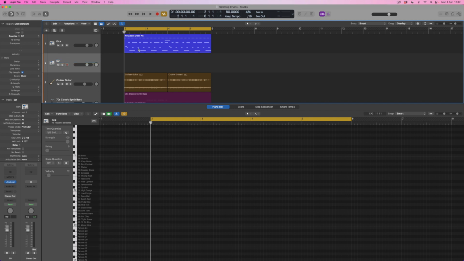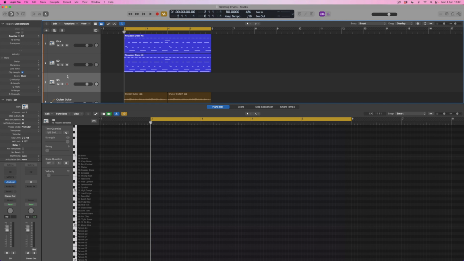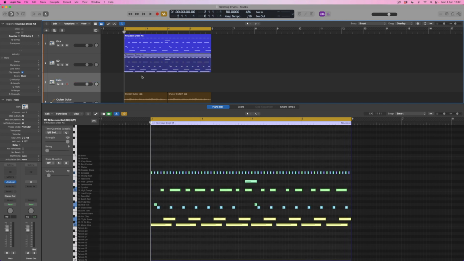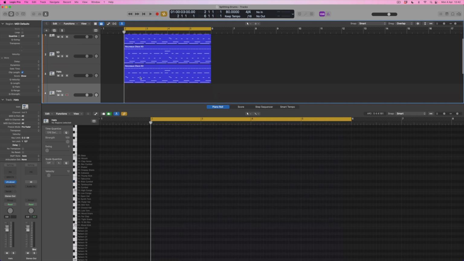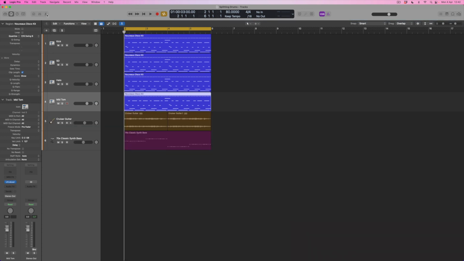Now what I'm going to do is to simply copy that down to here, and now I've got two separate drum tracks, and I can keep going. I've got hats within this project as well, or this drum track I should say. So I'm going to call this hats. What else have I got? I can see the list of instruments here. I've got a mid-tom. So I could go through and I could copy this one as well. I'm going to call this track mid-tom, and I can keep going like this until I've got tracks for every